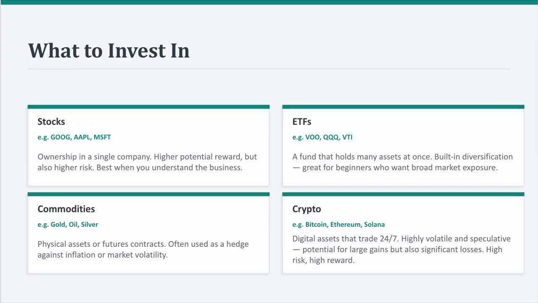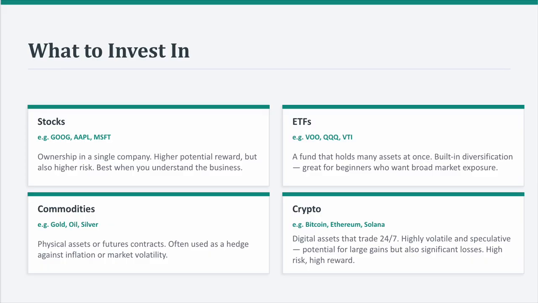Now, looking into how to choose what to invest in. There are four main assets in which most traders invest: stocks, ETFs, commodities, and crypto. Stocks are fractions of a single company, and examples are Google, Apple, Microsoft. These assets have higher potential, however there is also higher risk. This is due to you putting all of your trust and faith in just a single company,